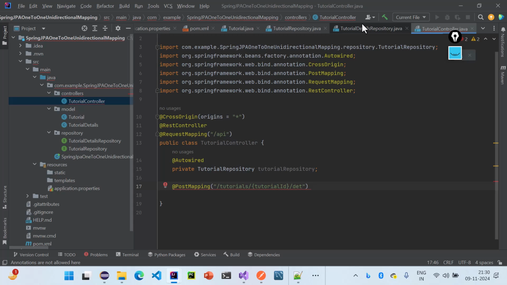I need the entry to be created first in the tutorial table. So I'll not use path variable right now. I will directly post it under API. We will have directly tutorials. So public, I will return the status code 201 for posting mapping. So response entity,